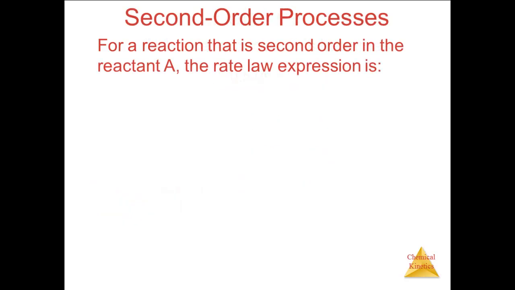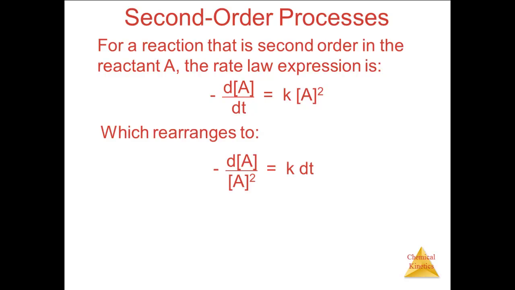Second-order processes. For a reaction that is second order in a single reactant, other types of second order reactions are more complicated. The rate law expression is minus the change in concentration of A over the change in time equals K times the concentration of A squared. If we rearrange this, as we did for the first order expression, to bring the concentration terms together and alone, we get the equation